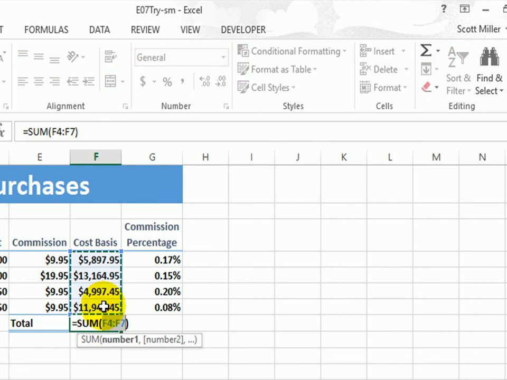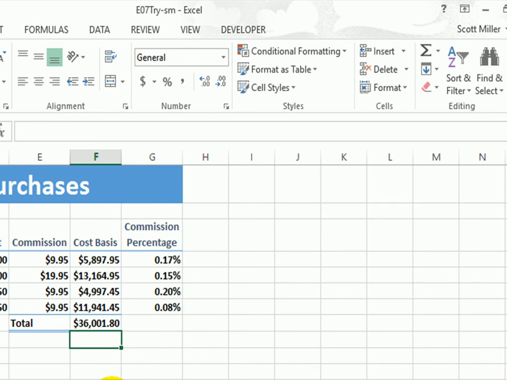Honestly, Excel took a guess as to what I wanted to add, and it did guess correctly, and so the dotted lines are around the numbers that I want to add. So I'm going to simply press the Enter key to finalize this entry,